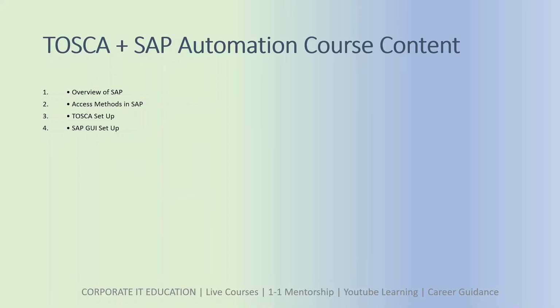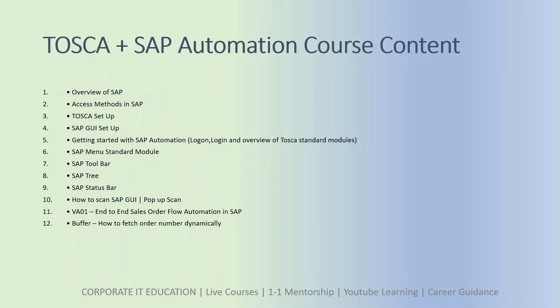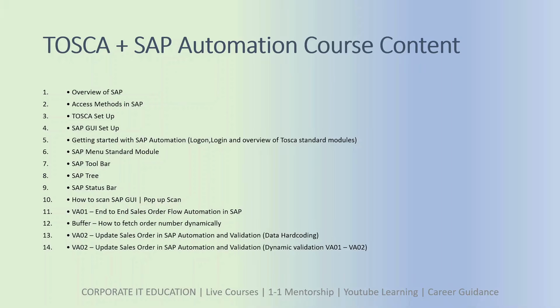Once the basics are built, we are going to get started with what Tosca has to offer, the basic automation of all the different sections of SAP. Once that is covered, we are going to understand how to scan the SAP part. Then we are going to design end-to-end workflows. So even if you do not have any idea about SAP, this playlist is going to give you that idea. Then we are going to understand buffers, how to fetch order numbers dynamically, VA02 using dynamic part,